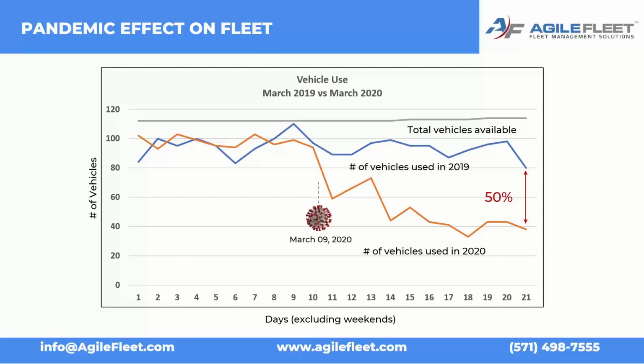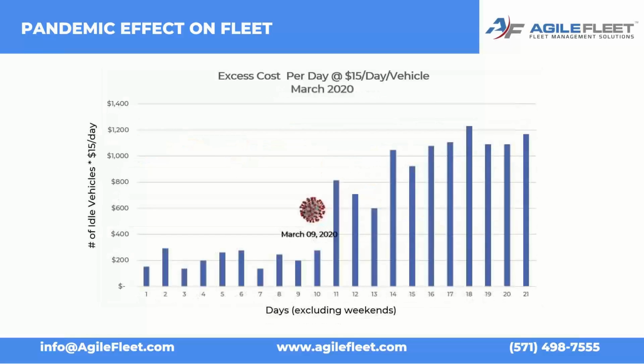What jumps off the page is that when the pandemic did hit, this particular fleet's daily utilization dropped by about 80%. So now it's closer to 35% usage, day by day, hour by hour. I bet in parts of your fleet, you've experienced a similar drop in fleet usage. I'm mentioning utilization in this context because I want to highlight the financial impact this change represents. Even though this is a pretty small fleet, only 100 to 135 light-duty vehicles,